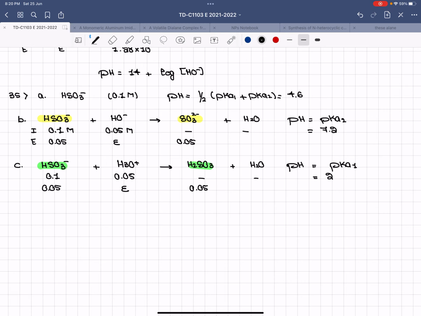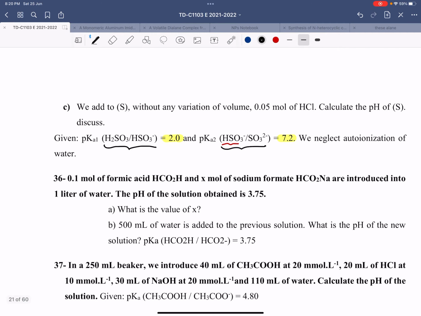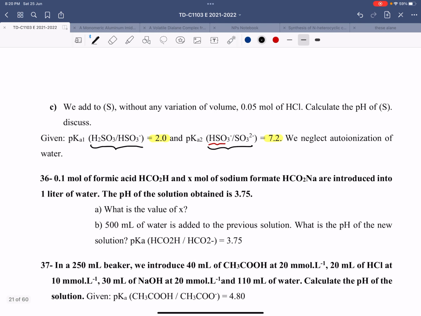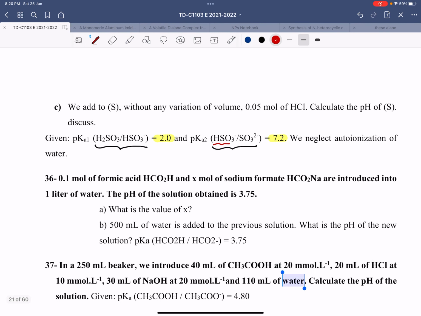Number 36. In number 36, you have 0.1 mole